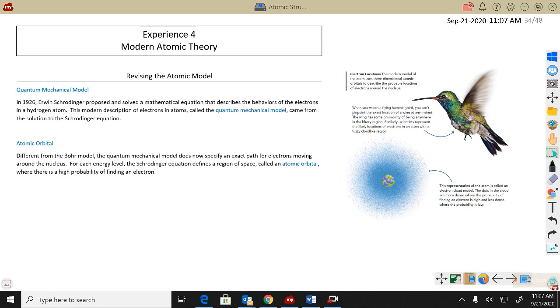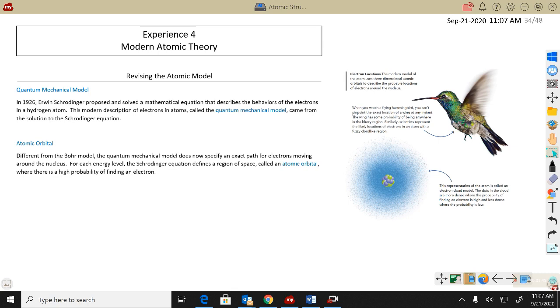And so our modern model of the atom is really credited to some of the work of Erwin Schrödinger. And he was really a mathematician that did some crazy mathematics that we do not need to get into, but came up with what we call the quantum mechanical model. And here's the big difference, that the quantum mechanical model doesn't specify an exact path for moving electrons around the